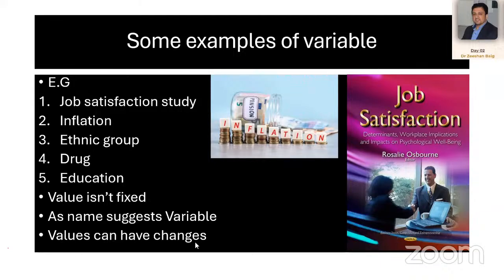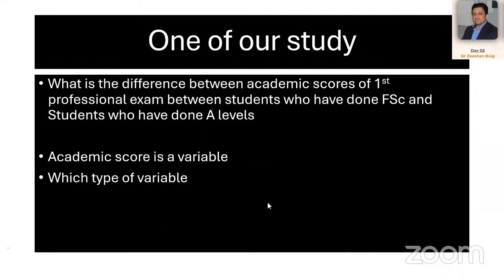सो नेम जैसे सजेस्ट करता है, वेरिएबल्स वैल्यूज कैन हैव चेंजेस, ठीक है। हमारी एक अपनी स्टडी है, उसको अंडरस्टैंडिंग के लिए यहाँ पे लिखा है, व्हाट इज द डिफरेंस बिटवीन एकेडमिक स्कोर ऑफ फर्स्ट प्रोफेशनल एग्जाम बिटवीन स्टूडेंट्स हु हैव डन एफएससी एंड स्टूडेंट्स हु हैव डन ए लेवल्स। ये दुनिया में बहुत से लोगों ने वैसे की हुई है। पीपल इन वन मेडिकल कॉलेज